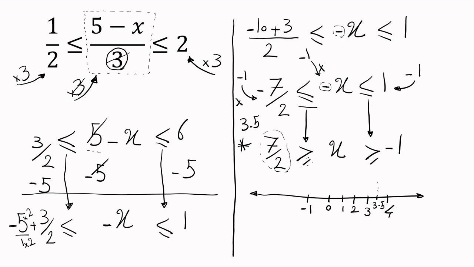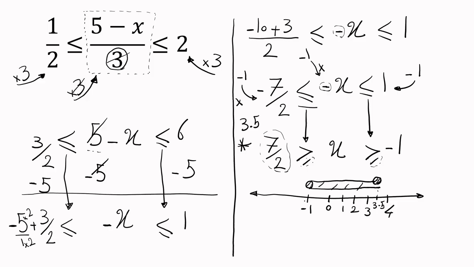So I have equal sign. So I must use a filled circle. I must fill a circle. And x is greater than or equal to -1. I have equal sign, right? So I must fill a circle. And I can easily connect them, or if I want to write the range, which is the answer of this